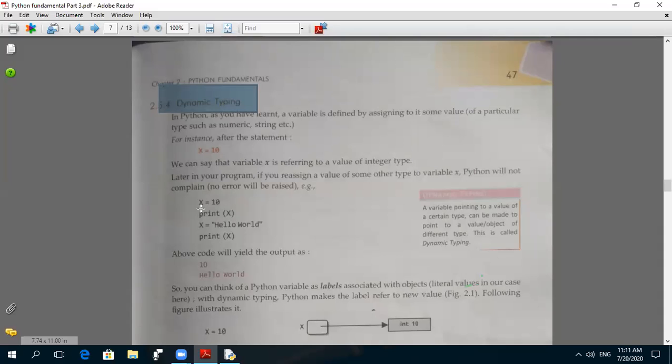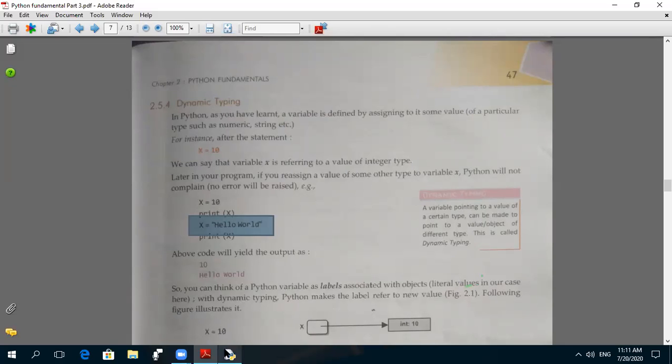See this, in the first line, if you are storing 10 in variable x, and in the third line you are storing hello world in variable x. Here in the first line 10 is an integer and in the third line hello world is a string. So at any moment we can store any type of value in the variable, which is a disadvantage or drawback of Python, because it is not strongly type bound.